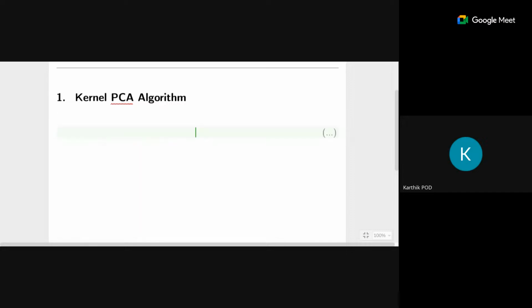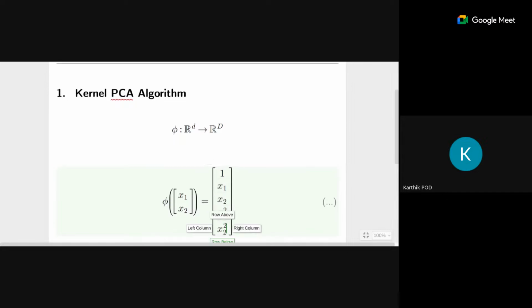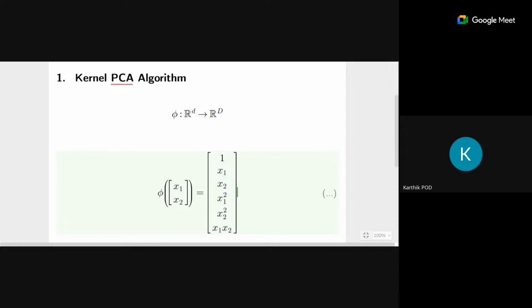So towards this end, what we did was we looked at the idea of a general nonlinear transformation, right? So your data points are in R^D, and it takes them from R^D to some R^capital D. The typical one that we looked at was phi, an example in 2D, right? So you have x1, x2, then the polynomial transformation will look something like this: 1, x1, x2, x1 squared, x2 squared, and x1x2, right? So this is an example of a polynomial transformation, and the idea is if you move to a higher dimensional space,